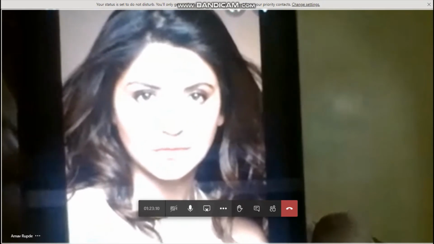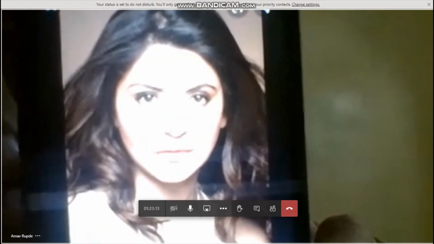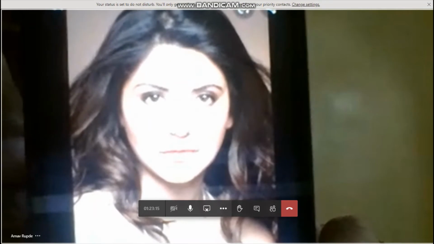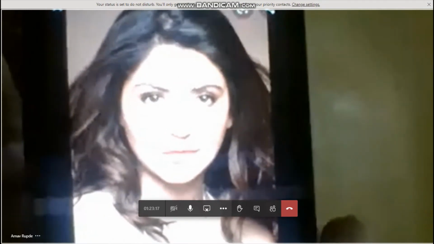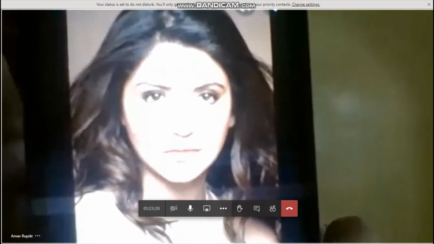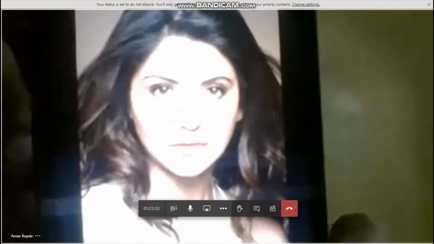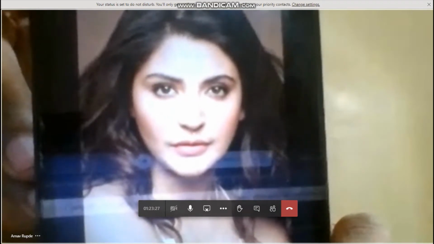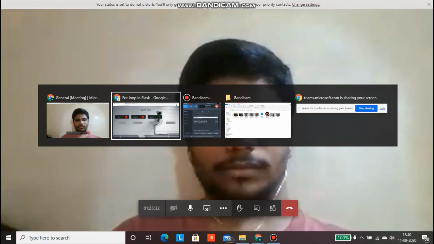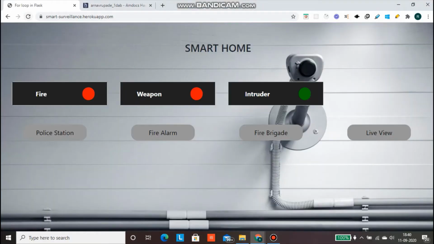Here we see an unknown face, that's Anushka Sharma, who has entered your house. Just a humor, and it's an unknown person that the device doesn't know. So basically, you can have some portfolios managed and have some photos recorded and already trained by the model. Like behind is Arnav Rupde, he's the known person for the device, and this is Anushka Sharma, who is unknown for the device. And here we check out using this app, and the intruder is detected using this red sign.